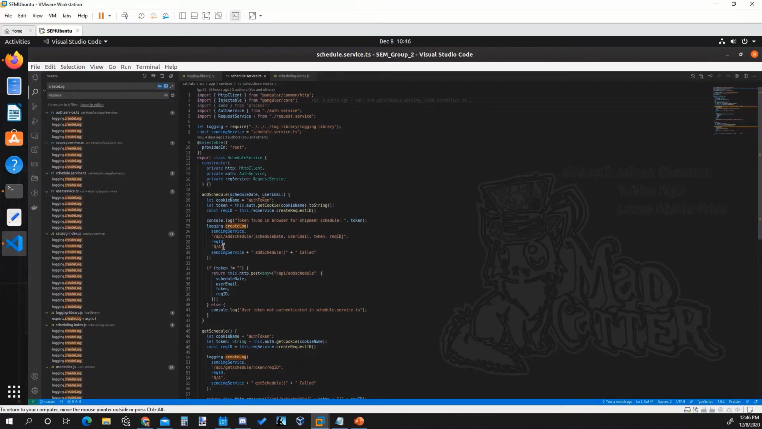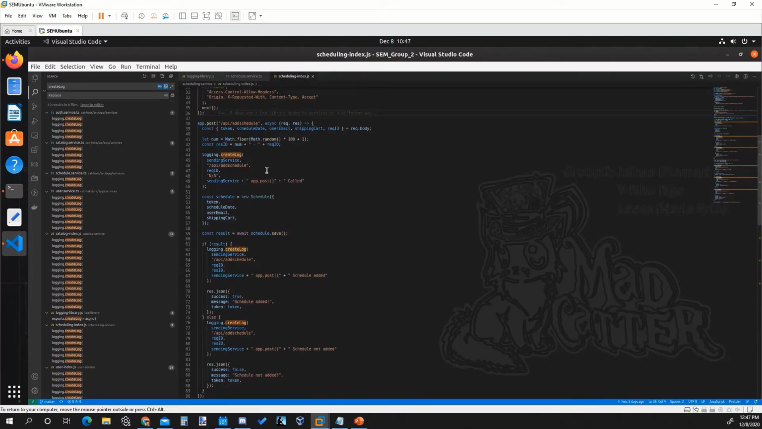The 4th variable is the response ID, which is not available at this point in the call. And then we call for the outcome. The outcome doesn't necessarily have an outcome. So on the start of this call, we're going to call sending service, and then we're going to add a string, which is add schedule, which is the actual call to the function, and what its current outcome is, which is just being called. So it moves from here, and it goes into our index, and it comes over here